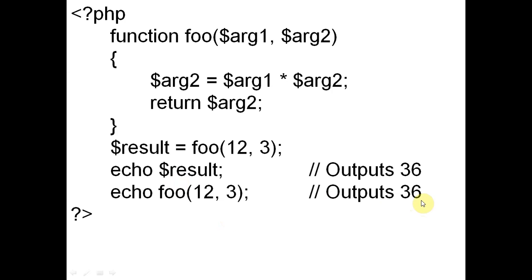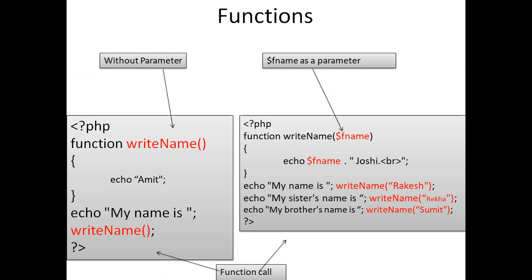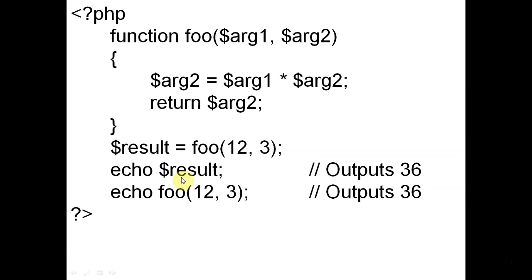So, function calling with parameter. This is the program where we are running the function with a parameter. So these are the two functions: in the first program we are passing a string value, and in the second program we are passing an integer value, and we can process them, and arithmetic operations can be performed on these arguments, and accordingly we are printing the output.